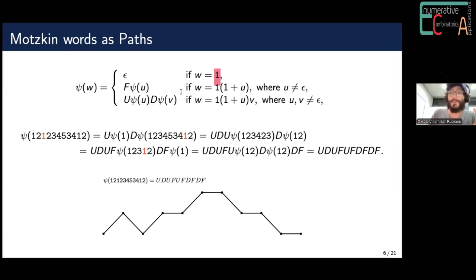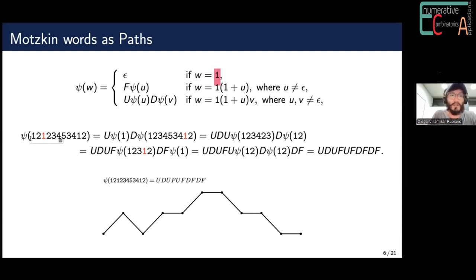And so when you do not have a 1, it is the second case. What you do is you put a forward step for the Motzkin path. And if you do have a 1, what you do is you go up, you put 1 minus the substring in between the two ones, the first occurrence and the second occurrence, and then you put a down step, and then you put the rest of the word. Because the length is always going down, this is a recursion. At the end, you do it until you get the base case, which is w equals 1. And that's how you construct a path out of this Motzkin word.